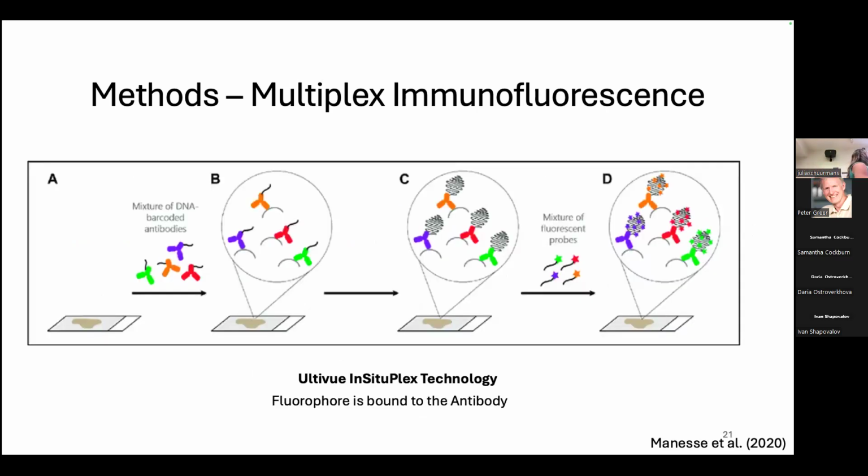So we've now gone on to look for new technology, and we found technology in the States from this company called AltaView. And the way that they are different from what we currently do is that their fluorophore does not covalently bind to the tissue. Instead, it binds to the primary antibody.